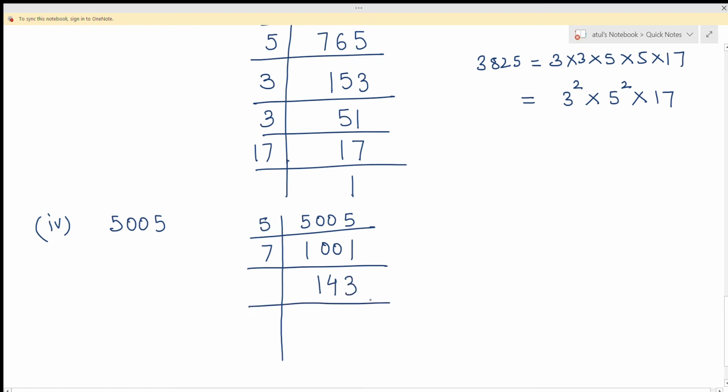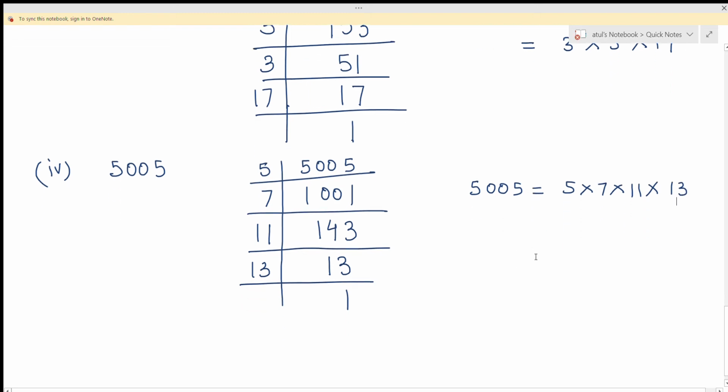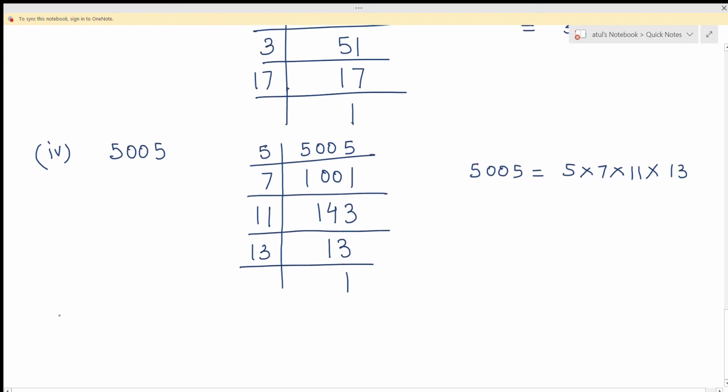Now this number is divisible by 11. 11 ones are 11. 11 threes are 33. Then 13. Now all this is represented as the product of all the prime numbers: 5 into 7 into 11 into 13. So this is the prime factorization of 5005. Now let's move to the fifth part. Fifth part says it is